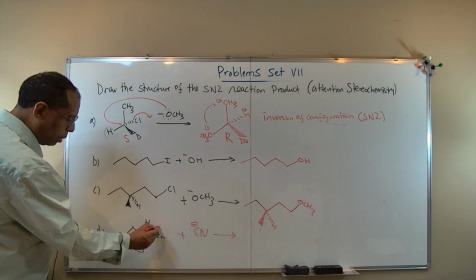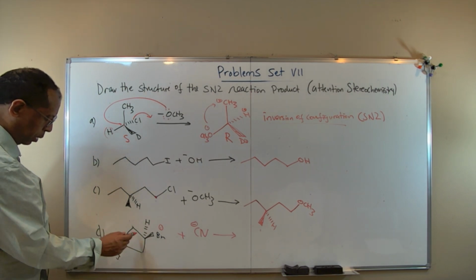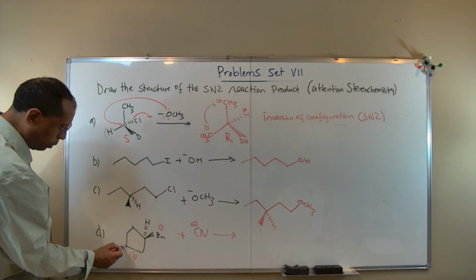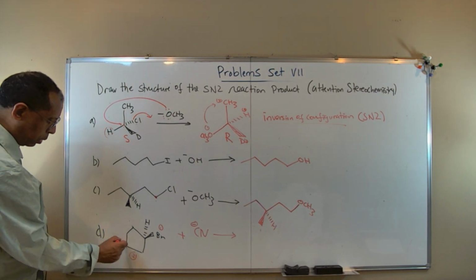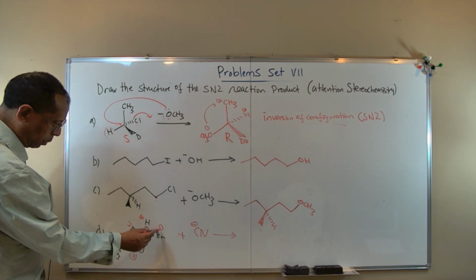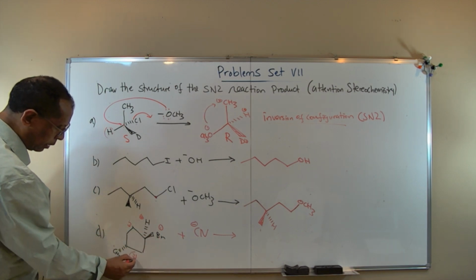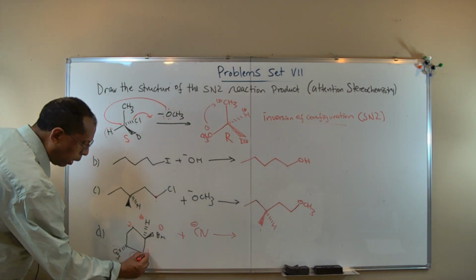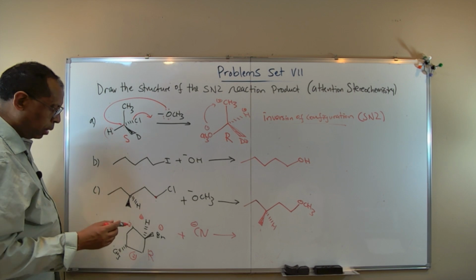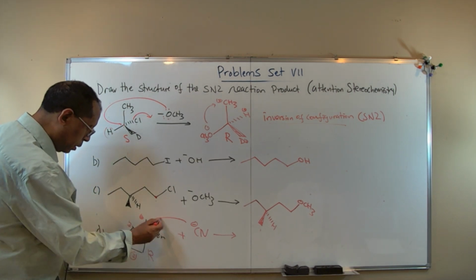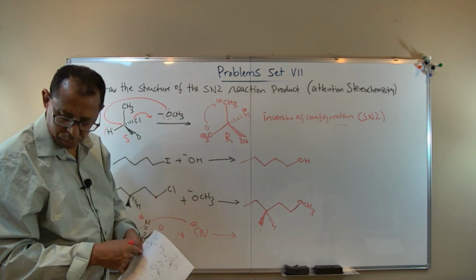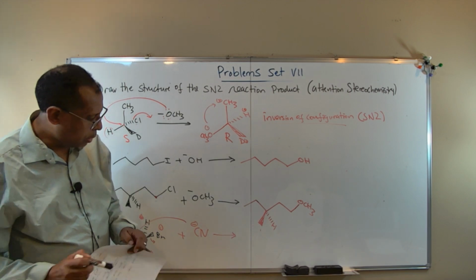Bromine is priority 1. If I go this way, this is 2 because it has carbon here. This one is the third one, priority 4th. So going from 1 to 2 like this is an R. So our product should be an S product. So now the cyano comes and attacks this carbon, this leaves. So the substitution product looks like,